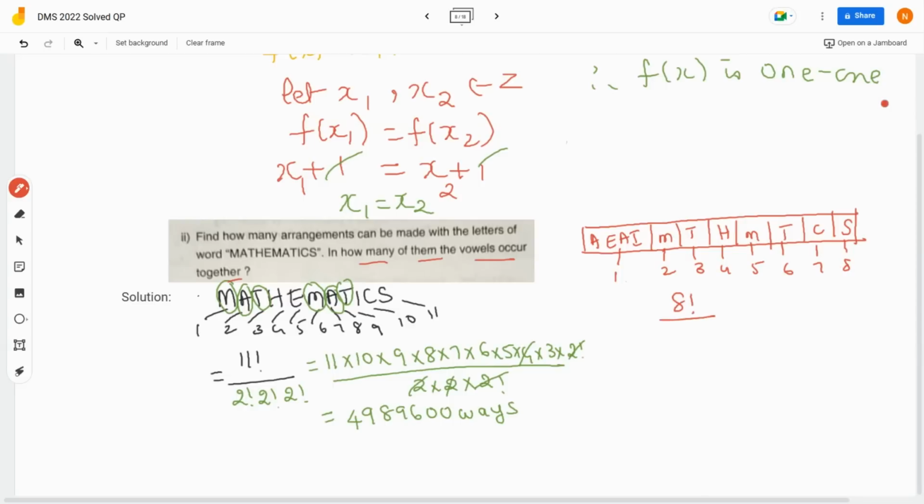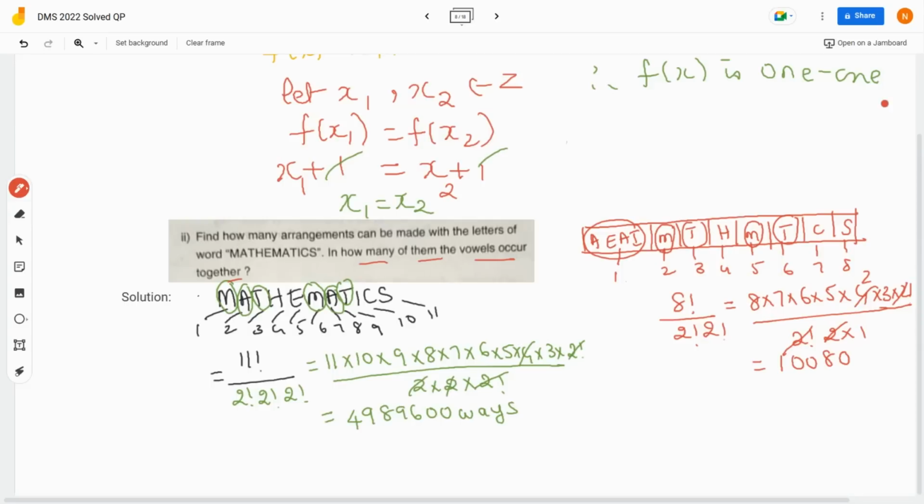If you take the vowels together, then M is repeated, so we take 2 factorial, and T is repeated, so 2 factorial. We are considering the vowel group as 1, so we will not take a value for it. So it is 8 into 7 into 6 into 5 into 4 into 3 into 2 factorial divided by 2 factorial into 2 factorial. The 2s get cancelled. When you multiply these values, we get